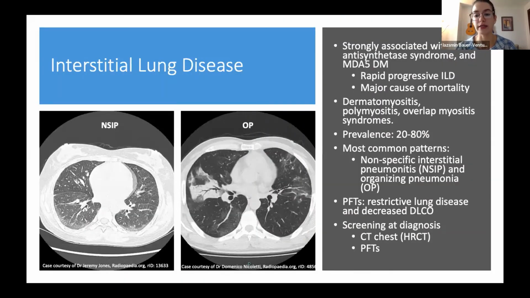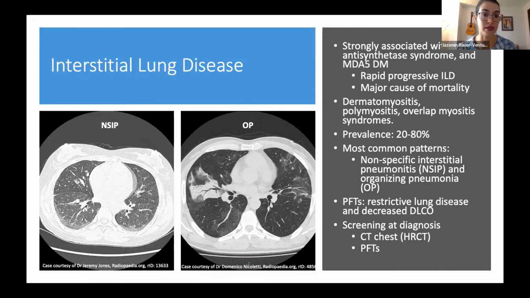ILD. Okay, that's where the situation gets a little more complicated. ILD is the main reason for mortality in patients with inflammatory myopathies. And it is strongly associated with a subtype of inflammatory myopathies called antisynthetase syndromes, and is also very important in patients who have MDA5 dermatomyositis. The disease can be quite rapidly progressive, and sometimes the diagnosis of a dermatomyositis is established in patients already in the ICU